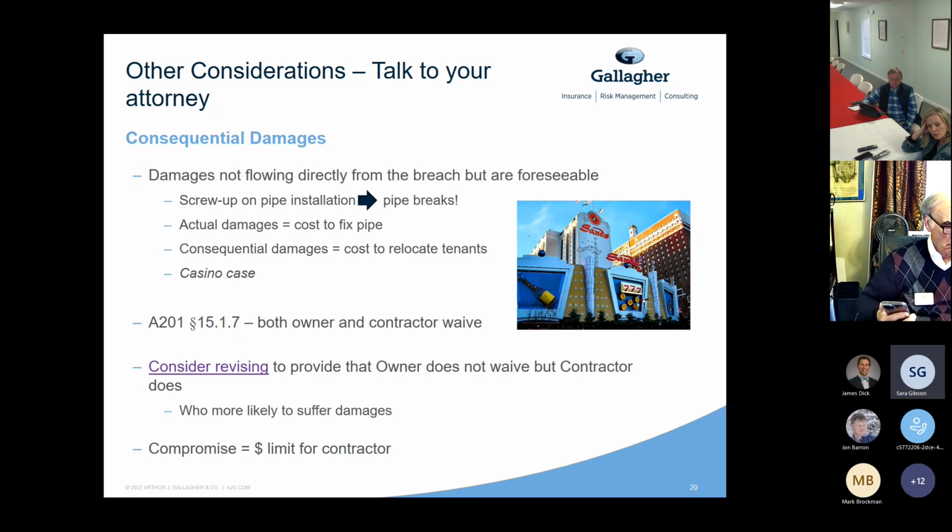Now, actually all AIA agreements now have both the owner and the contractor waive consequential damages. The reason why is because of that Sands Hotel you're seeing there on the slide. And as you may be thinking, what the heck does a casino have to do with my project? But what ended up happening is, and I'll quickly go through the story again, knowing we're short on time,